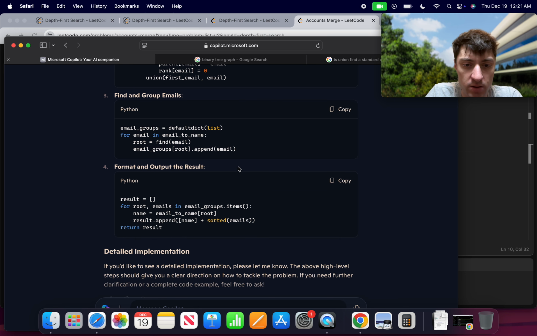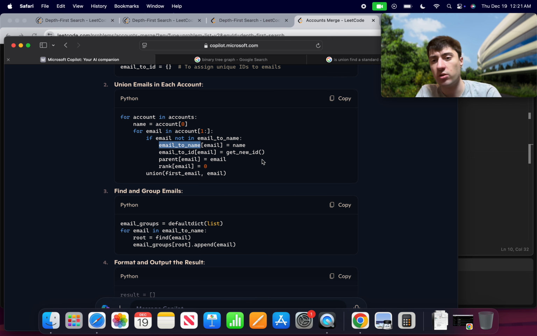I guess you just have to implement your own functions here. But anyways, I'm assuming that this one is just going to be something like increment by 1 each time or something like that. Maybe you have a static variable that just increases by 1 each time the function is called and returns that value. Okay, so you map that to the email to ID, then parent